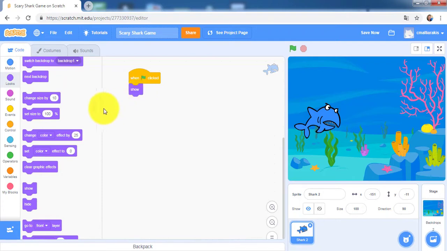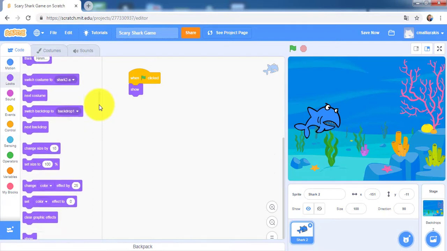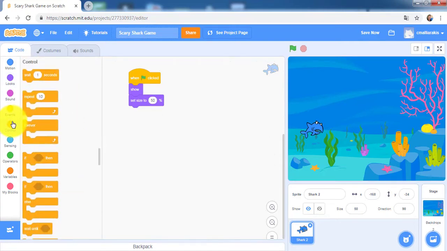So the shark will be in the stage, and then I would like to set size to 50%. Okay, so now it is a small shark right here, and then I would like to say that forever